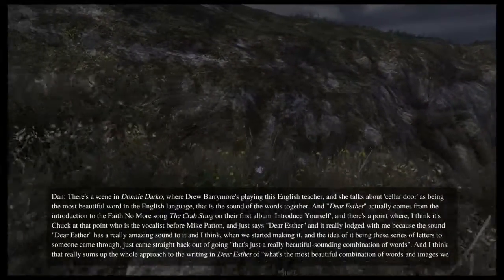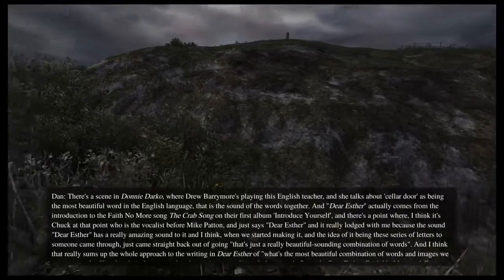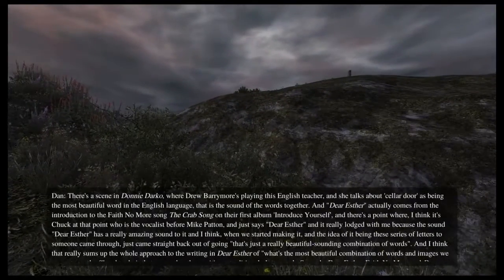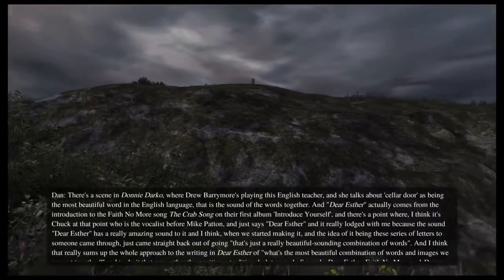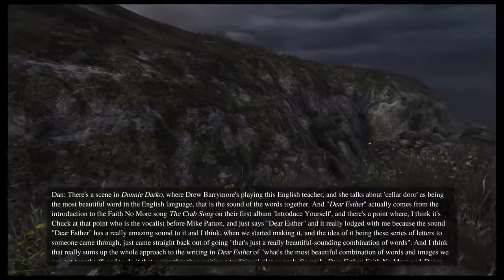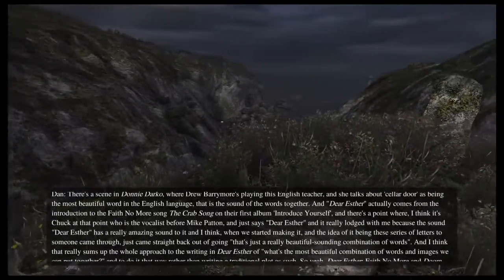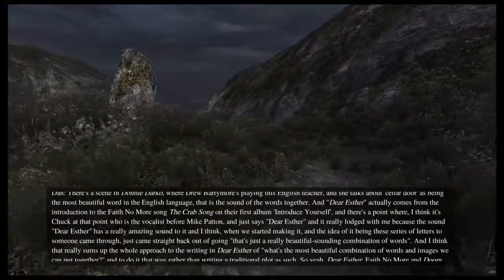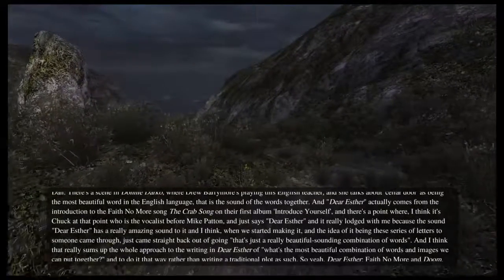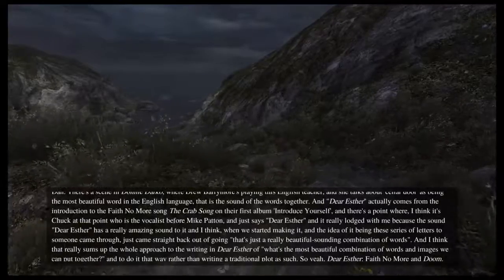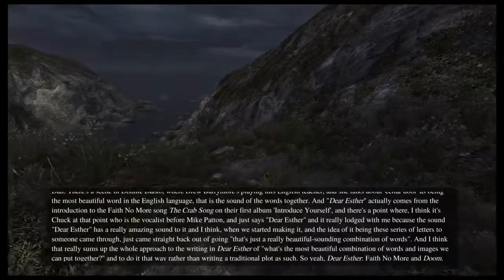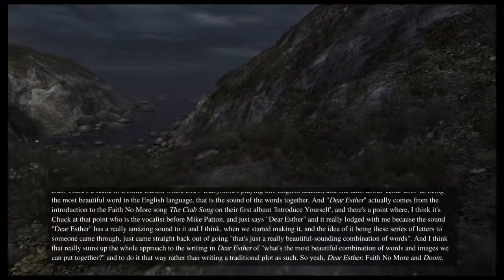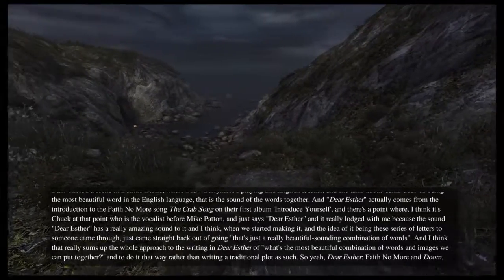There's a scene in Donnie Darko where Drew Barrymore's playing his English teacher, and she talks about cellar door as being the most beautiful word in the English language, about the sound of the words together. And Dear Esther actually comes from the introduction to a Faith No More song, the Crab song on the first album, Introduce Yourself. There's a point where, I think it's Chuck at that point as the vocalist before Mike Patton, who just says, Dear Esther. And it really lodged with me, because the sound of Dear Esther is really amazing.